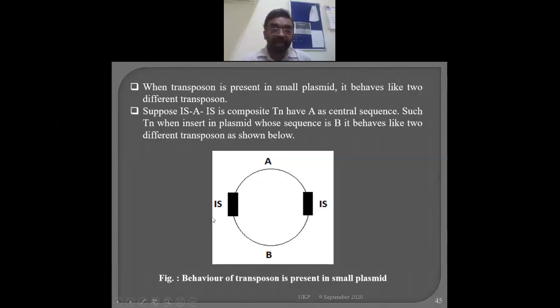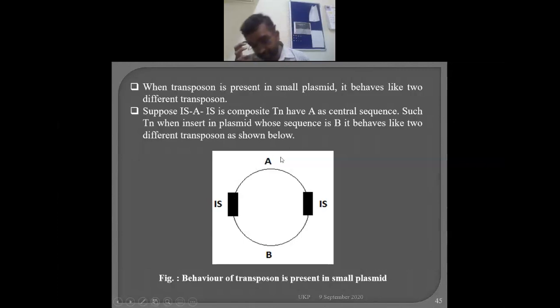For example, this is the plasmid, and in that this insertional sequence gets inserted, transposed. This is the IS element, then the antibiotic resistant gene, and this is another IS. You can say that this is one transposon, a composite transposon, here with antibiotic resistance. And suppose in the plasmid another antibiotic resistant gene is there, we can say that this is also